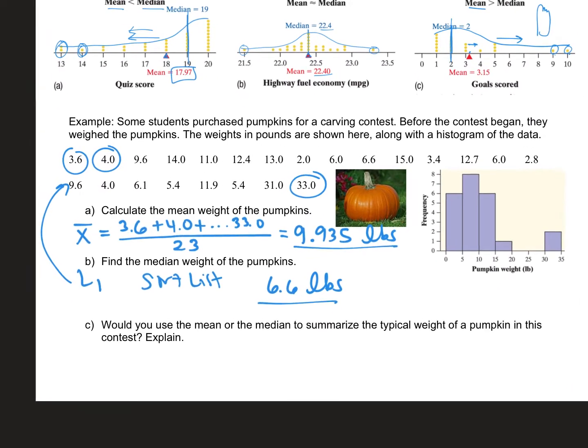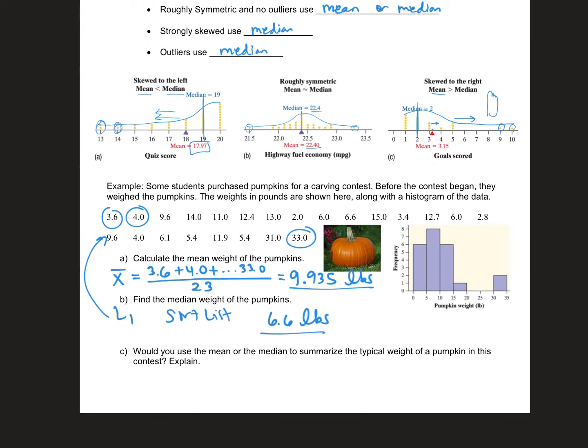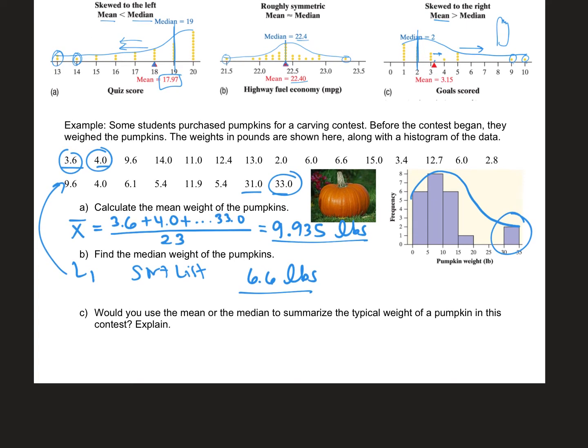So would you use the mean or the median to summarize the typical weight of a pumpkin in this contest? Well, it looks like we kind of have a little bit skewed. We also have a couple of outliers possibly at 31 and 33. There's some small 36, 40, and then you get to these huge pumpkins. And so for me, I would want to use the median